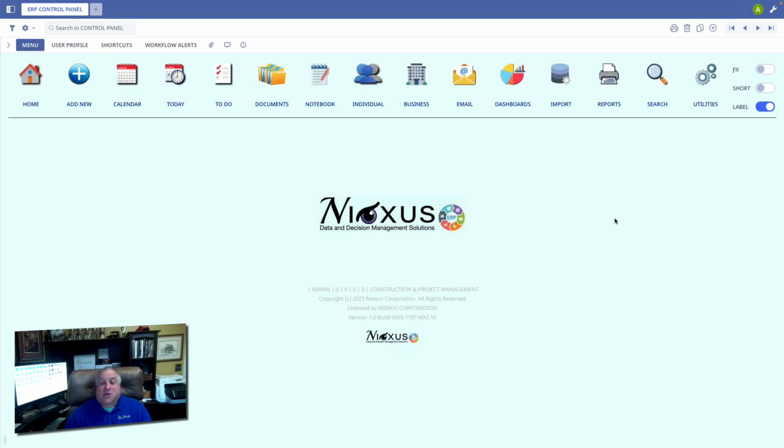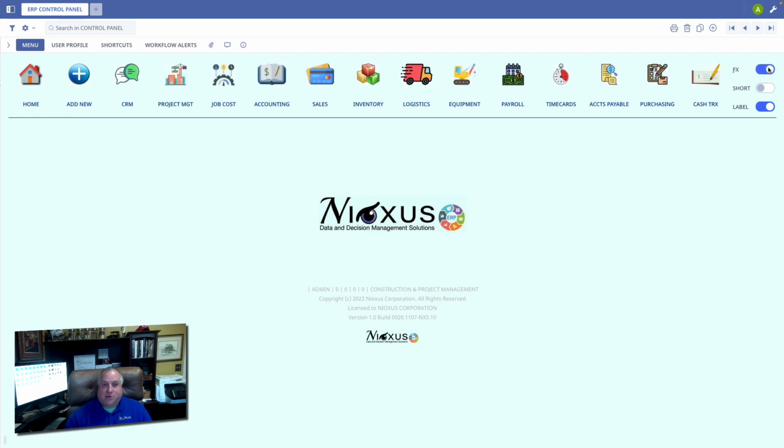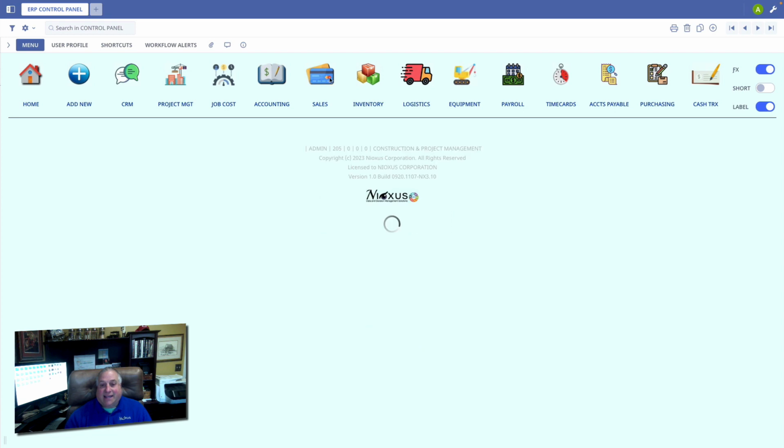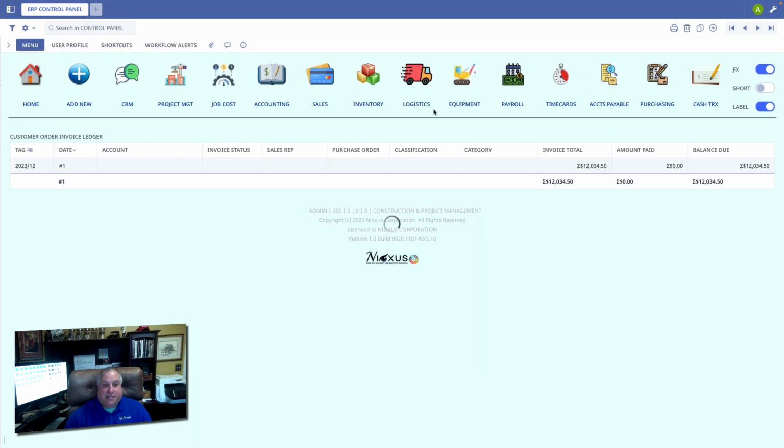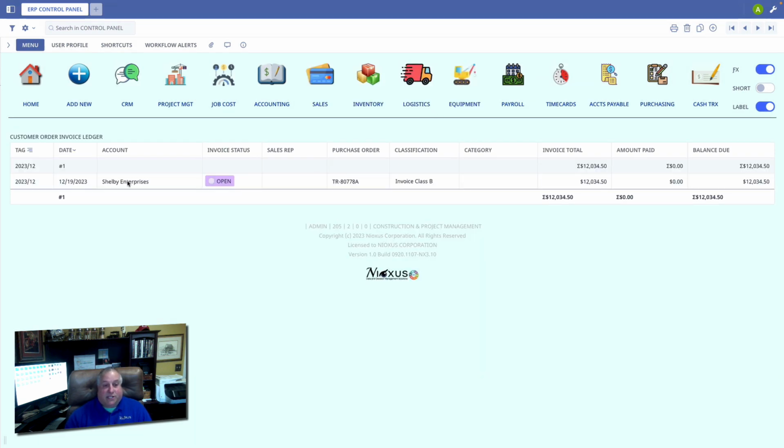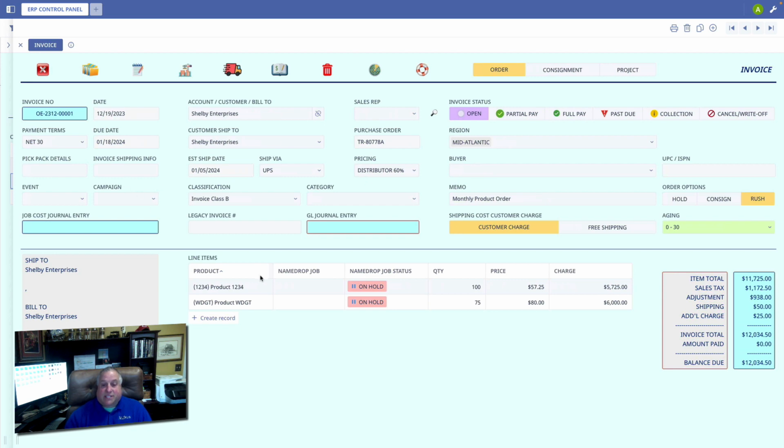In this class, we're going to learn what to do when we receive payments from our customers against invoices that we have sent them. To get started, I'm going to go into the function menu and take a look at an invoice that I previously put into the system. We have the invoice for Shelby Enterprises, we see the line items, and we see that this is a $12,000 invoice. We have a discount, shipping, and additional charges, in addition to the sales tax that's been added to the